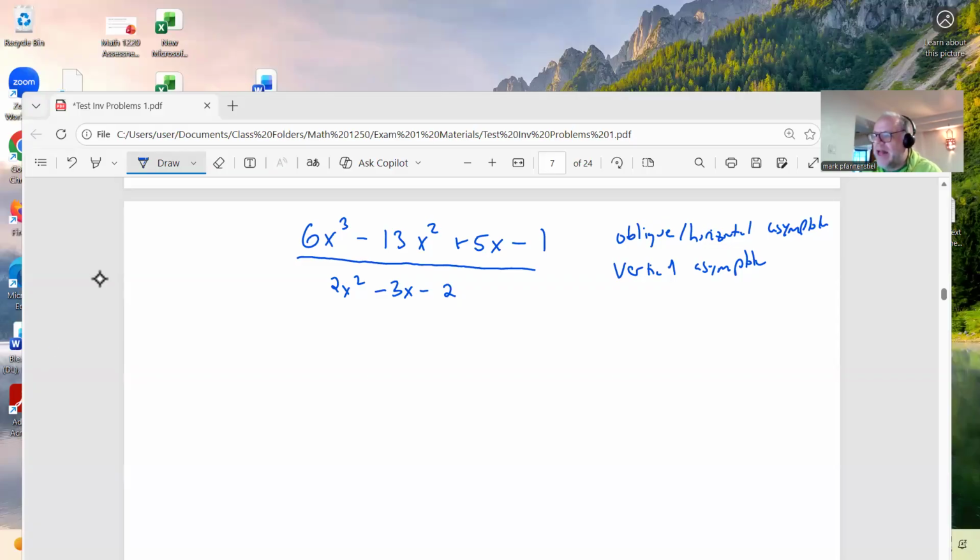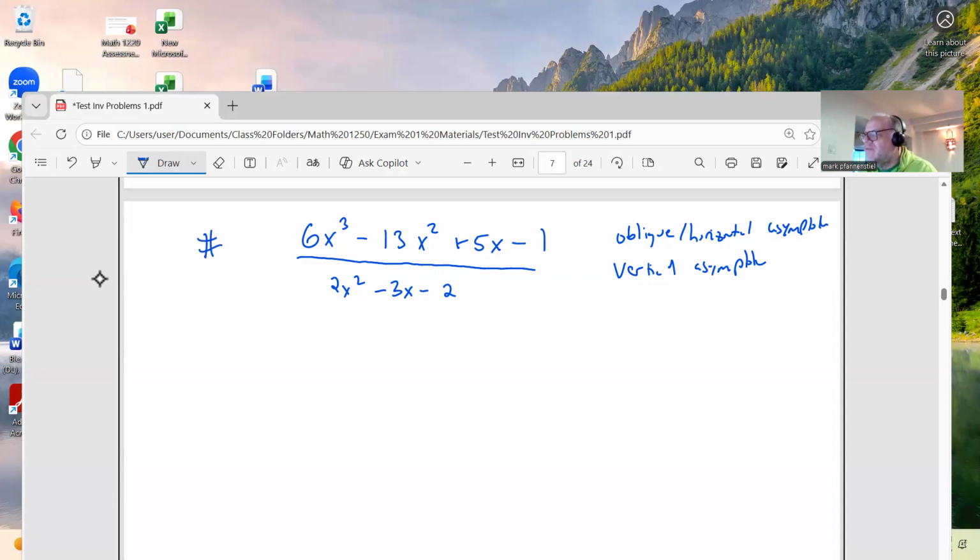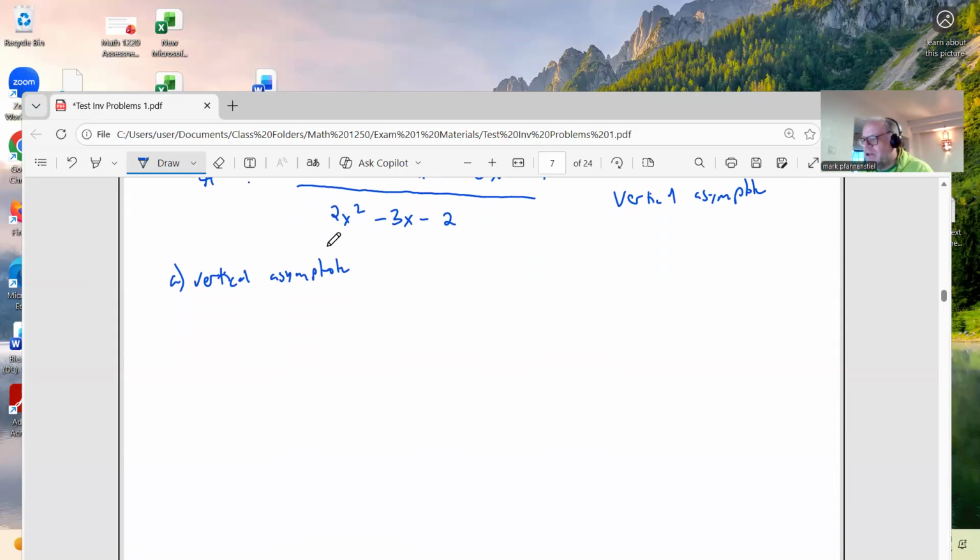We are looking at a problem where we have to find the oblique, horizontal, or vertical asymptote, like this number four. All right, so the first thing is to find our vertical asymptote. Write your equation as a line. What we're going to do is say we have 2x squared minus 3x minus 2,